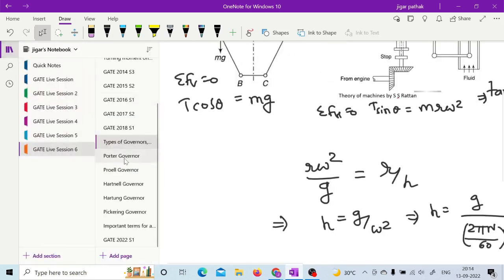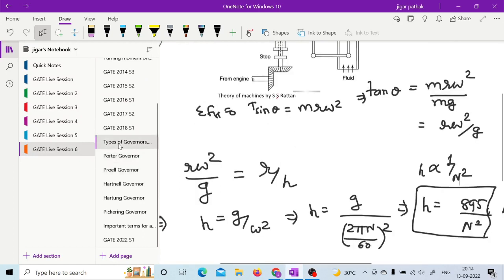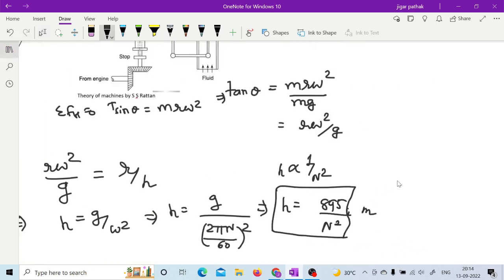If you go for the Porter governor, because see what happens is, in this particular equation h is equal to 895 upon N square, if you plot the graph at higher speed, there is very little variation in height. As the speed increases, the displacement in the sleeve, or the difference in height, is very negligible. So at that higher speed, it is not possible to operate the throttle valve efficiently if h is not changing considerably with respect to change